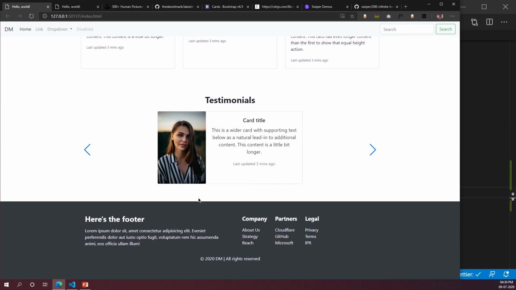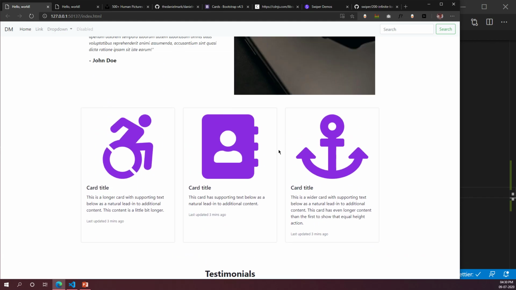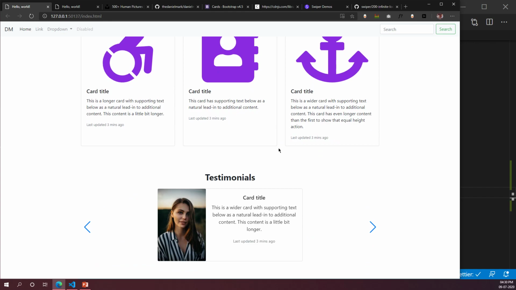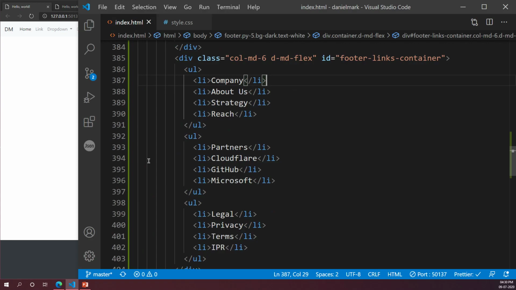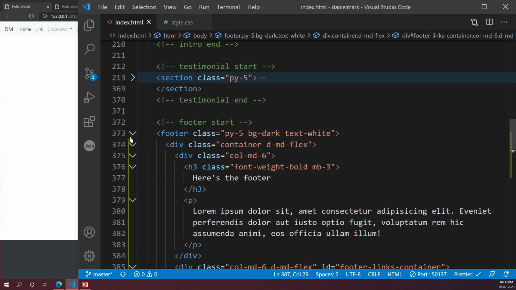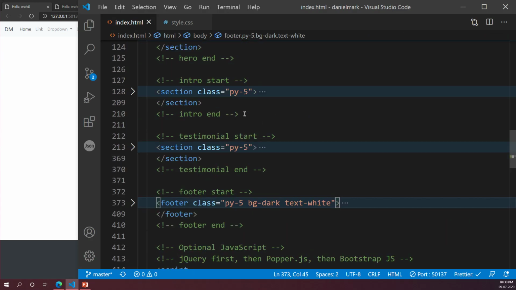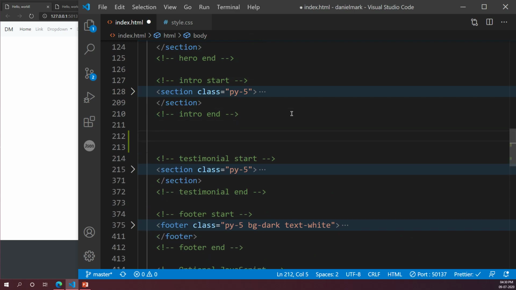Now we'll add a section right above the footer, below the testimonials, okay? Or what we can do is, let's add it above the testimonials. Yeah, we'll add it above the testimonials, okay? So just collapse your footer, and add a section above testimonials. So this section should be between introduction and testimonial. Just add a section here, okay? Add comments.